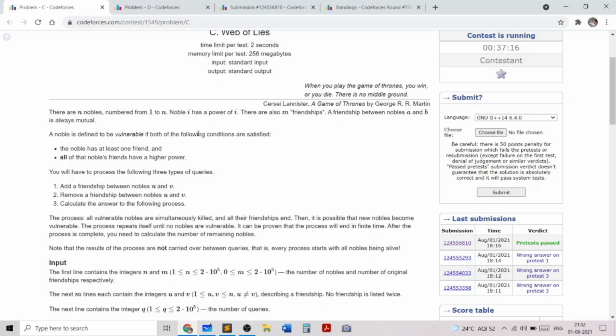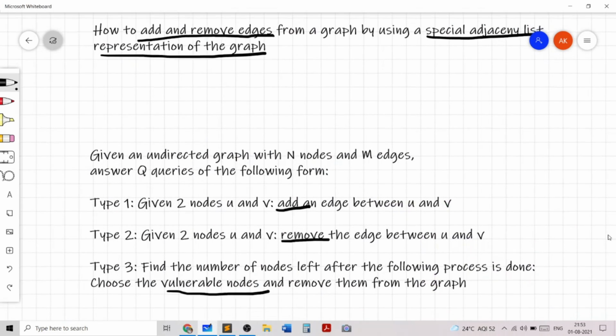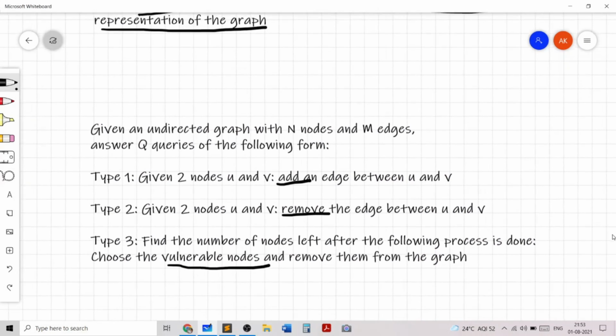We remove the vulnerable node from the graph, so all vulnerable nobles are killed. Then all the adjacent nodes can become vulnerable, so the process repeats until no vulnerable nodes are left. And we need to find out how many nodes are left after doing the process.